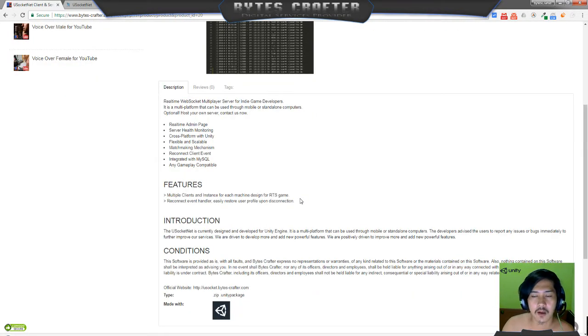Another feature is you can have multiple clients and views or instances for each machine. So this can have the best probability of use in an RTS game. Reconnect event handler easily restores the user profile when we integrate it with MySQL.